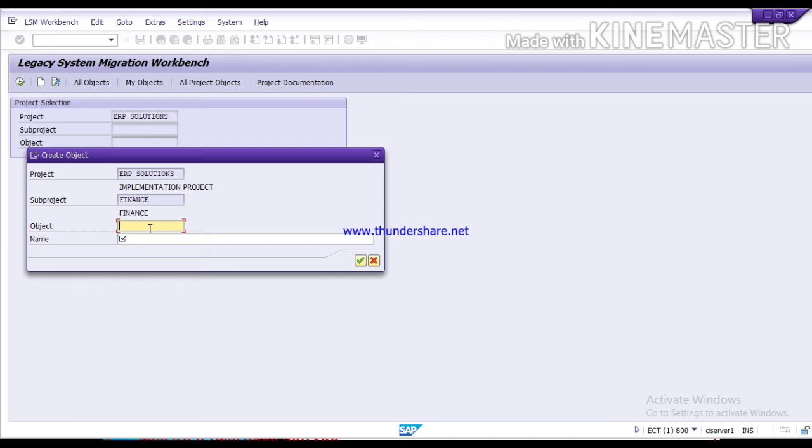So we will maintain the field like GL creation. And just here you can maintain the description, GL creation, and press continue.